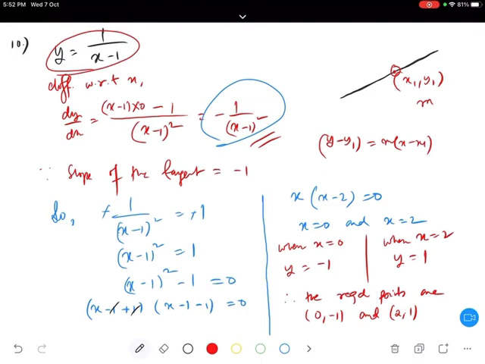Now this is not the end of the question. Most of you will leave the question and proceed to the next one. No, this is not the end. The question says clearly, find the equation of the line. So we have got 2 points. So basically we will be having 2 tangents whose slope is minus 1. Read the question. It says, find the equation of all lines. So obviously there will be more than one line. Okay, so we can see there are 2 lines we can find. So let us do this one.